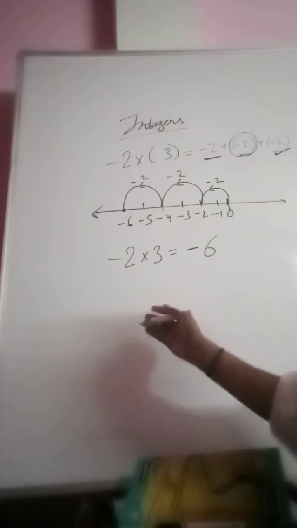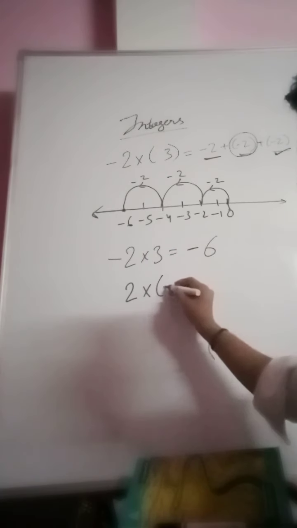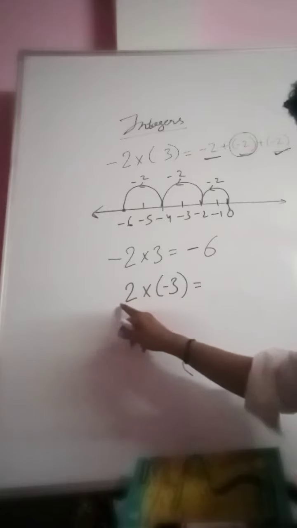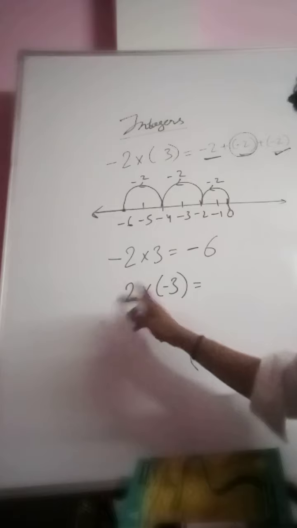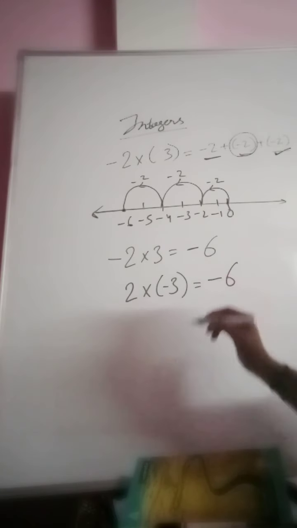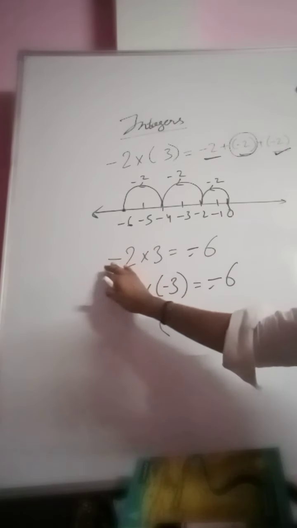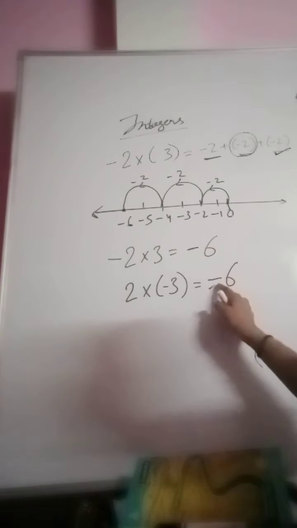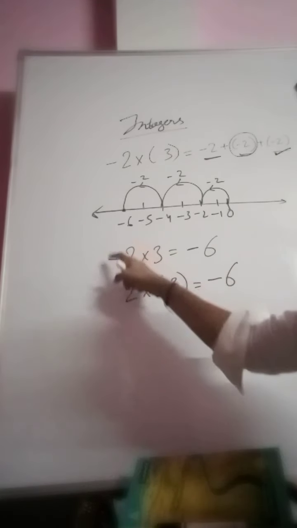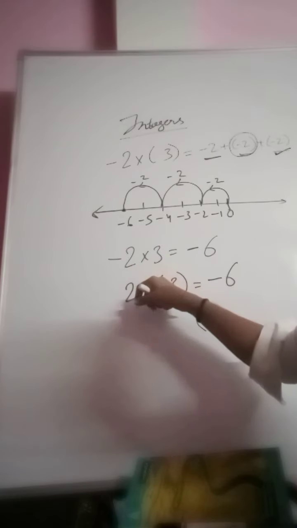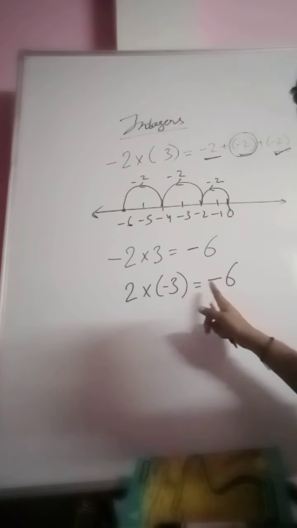In a similar case, I can use this logic here. If I say 2 into minus 3, here also you have a positive number and a negative number, one positive, one negative, so the answer will always be negative. To decide what the sign should be when you are multiplying one positive number and one negative number, you have to see how many negative numbers are there in that product. You can see a single negative number, then it will be minus. Here also a single negative number, again the product will be minus.